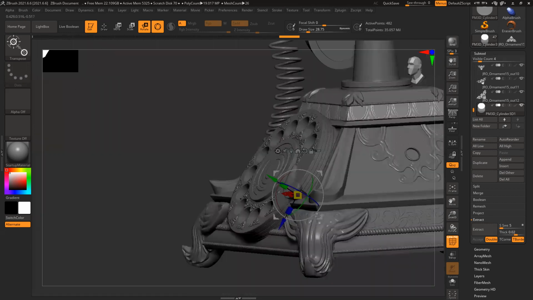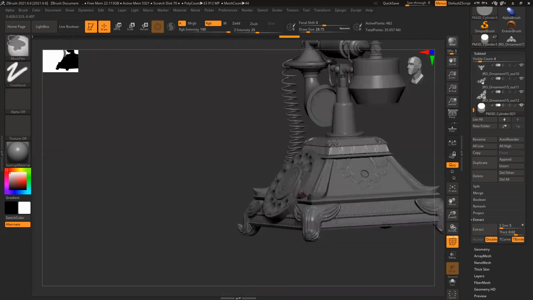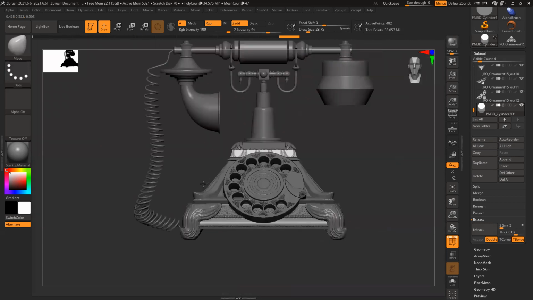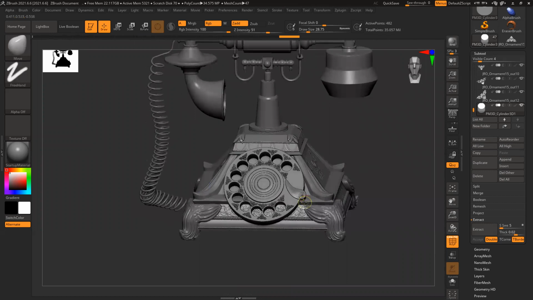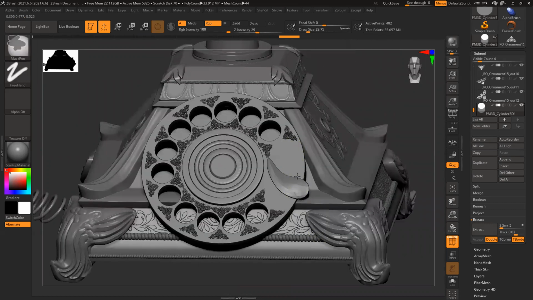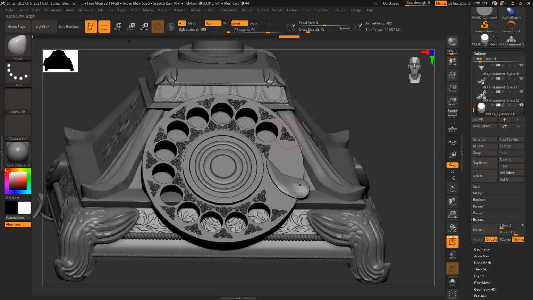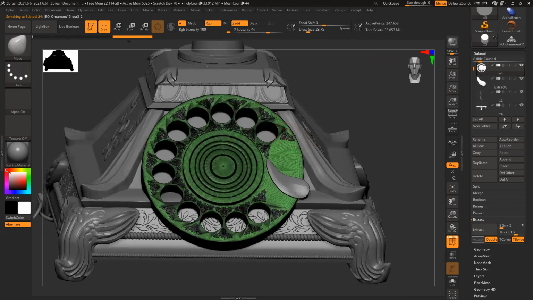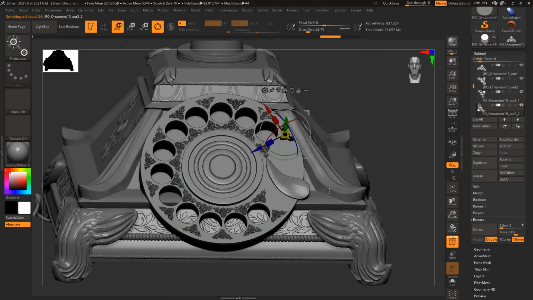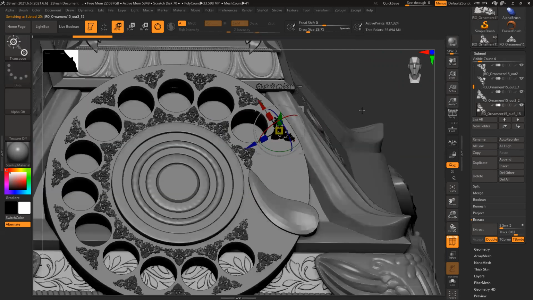This mesh has to be created in low poly. This design continues one more time here.